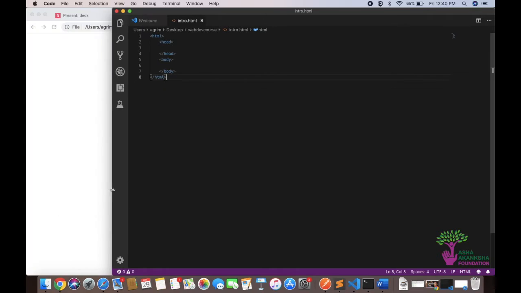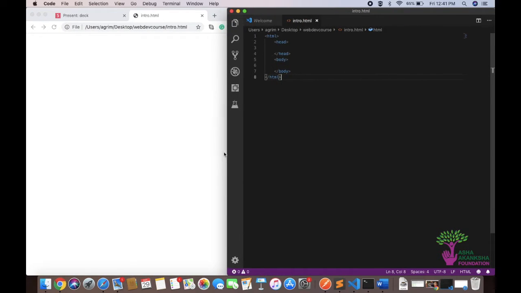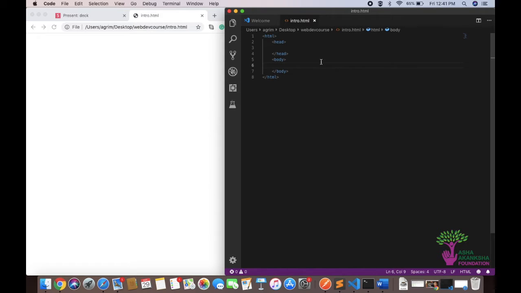So this is what we have right now. It's nothing, it's just a plain page. So now let's get a better idea of what these tags actually mean. So let's first see the body tag. So the body tag is where all of your actual HTML content will go. What is going to show up on your page will go. So if you wanted a heading right here,